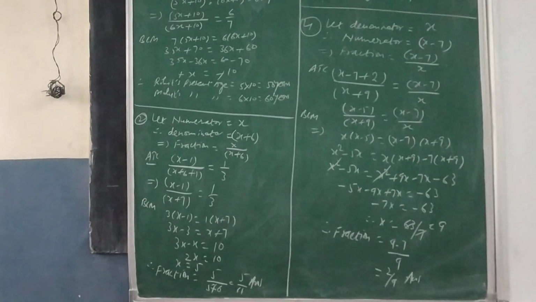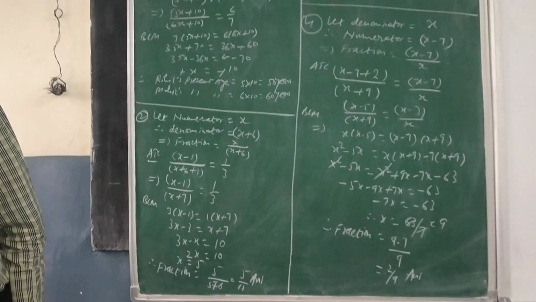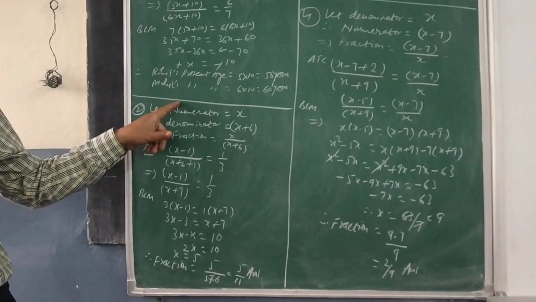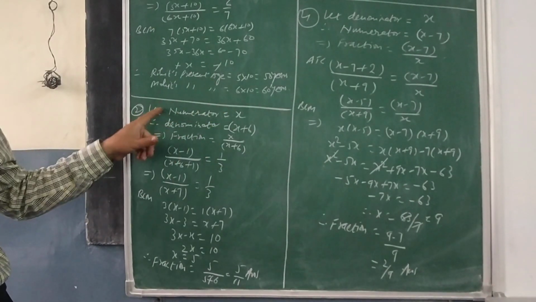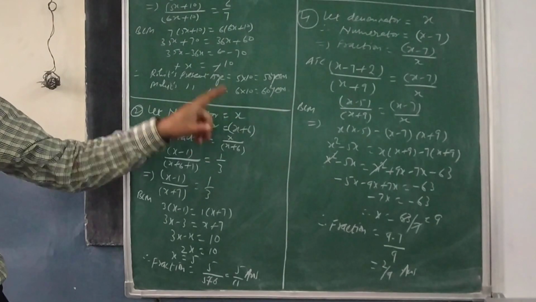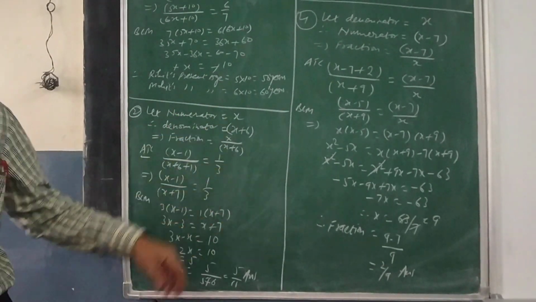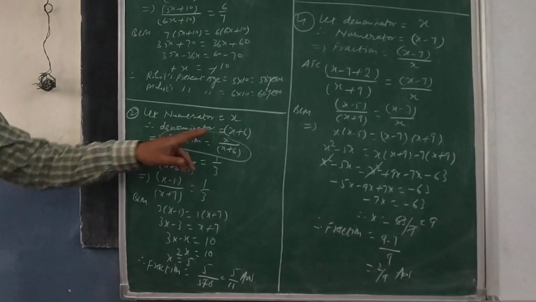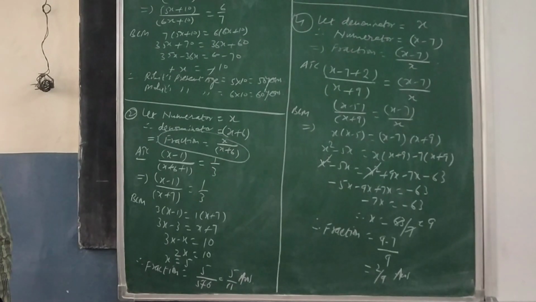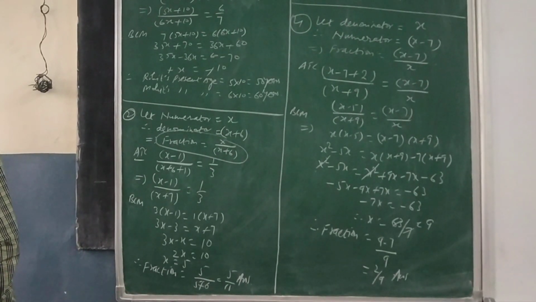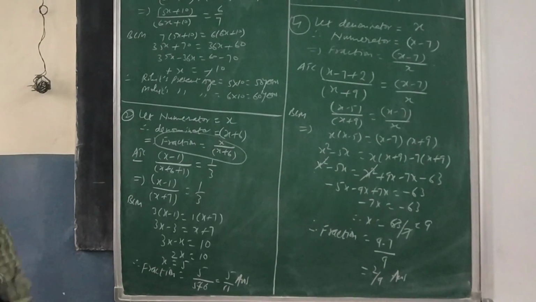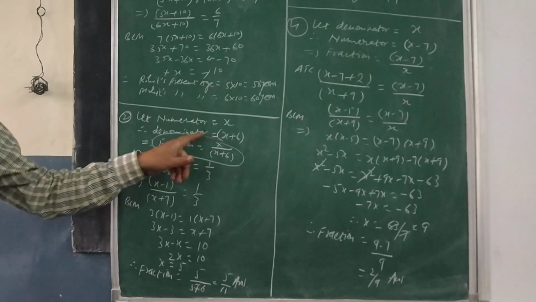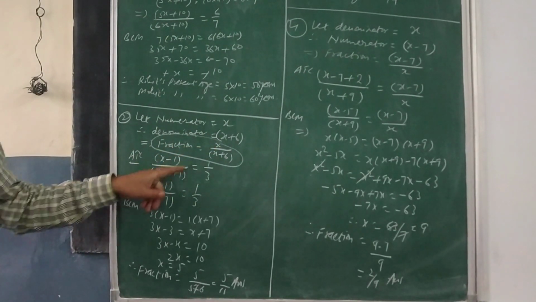The second question belongs to the fraction category, where the denominator of a rational number is greater than its numerator by 6. So the denominator is 6 more than the numerator. Let the numerator be x and the denominator will be x plus 6. Remember, this is the key point: your original fraction will be x upon x plus 6. Then the new condition is that the numerator is decreased by 1 and the denominator is increased by 1. Whatever you have to increase or decrease, you do it to the original one. So (x minus 1) upon (x plus 6 plus 1) is equal to 1 upon 3.